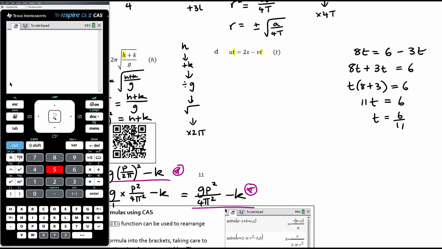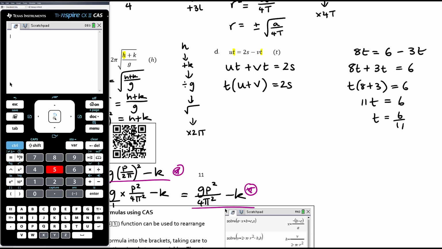Let's get the t terms on the one side, so I'm going to add vt to both sides. So ut plus vt equals 2s. And then we need to collect these like terms together, and the way we're going to do that is to factorise like we did over here. T is a common factor. If we take that out, we get t times u plus v